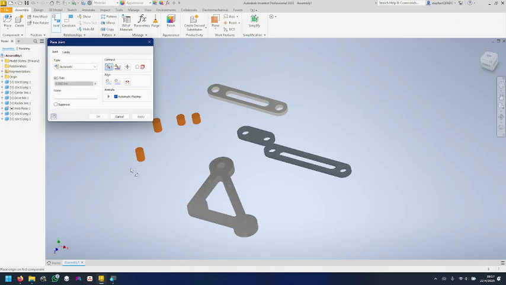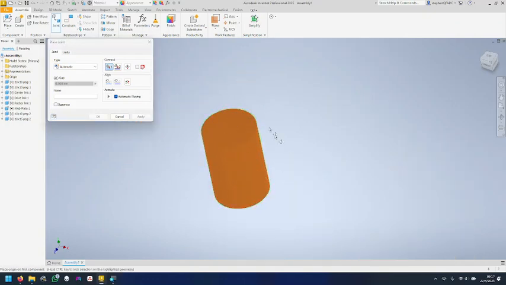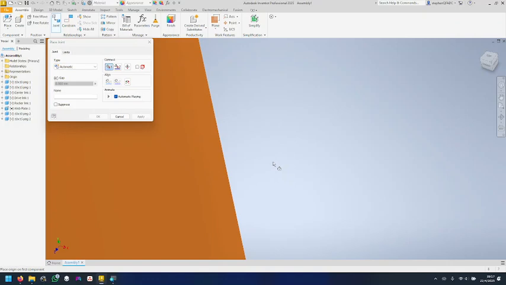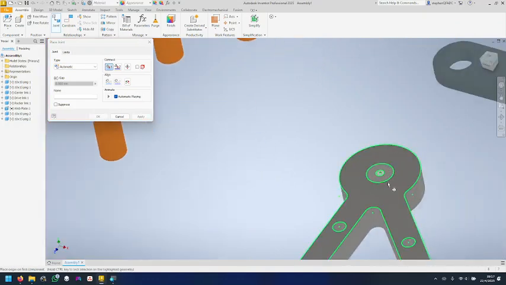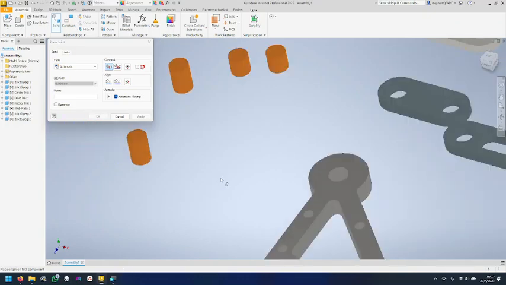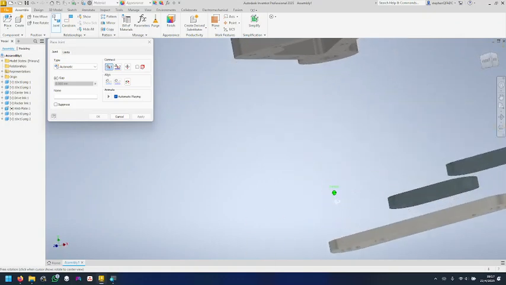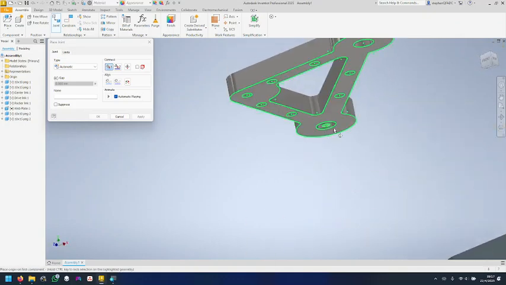So I'll click joint. Then what I want to create a joint with, right? I don't want to select this as a cylinder like this, right? Because then the relationship that it'll apply to this cylindrical hole will be that it will be sliding up and down, and that's not what I want, right? In this case, what I want is this circular face here. I go to the underside, right? I want it to be sitting flush with this circular face here, so that the pin as it sits in